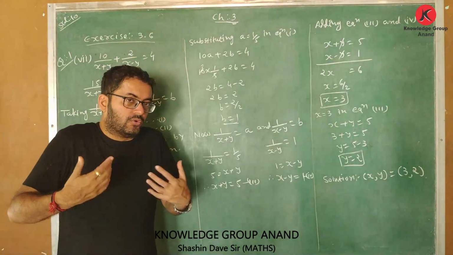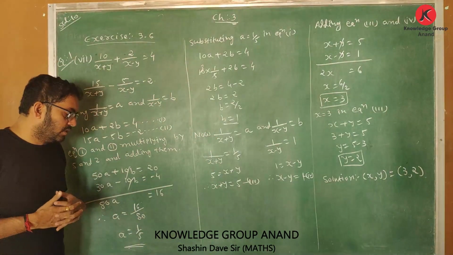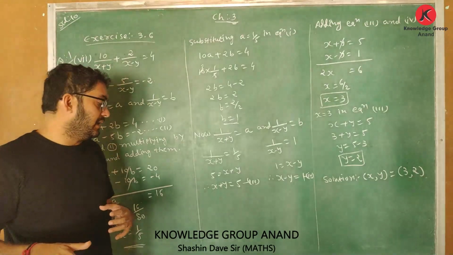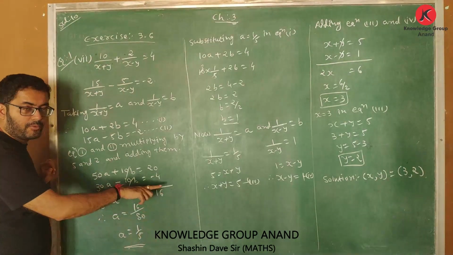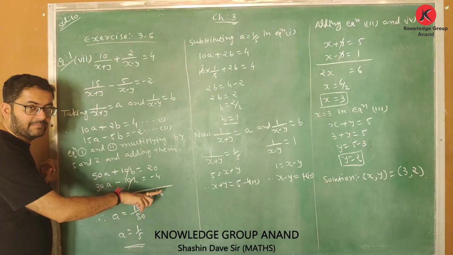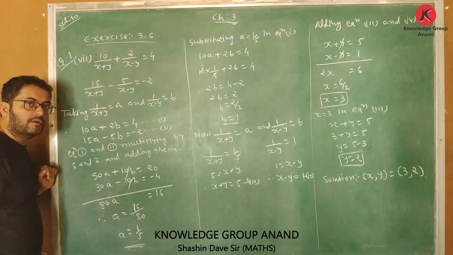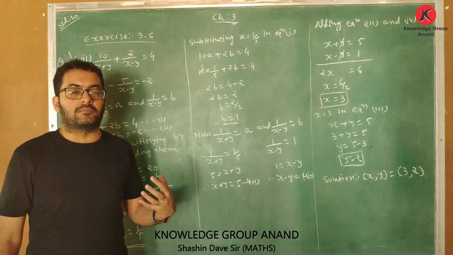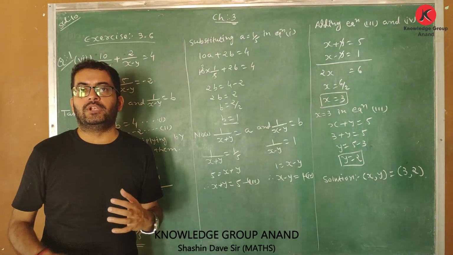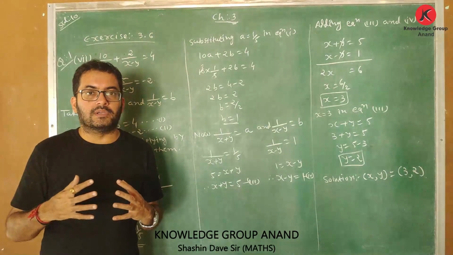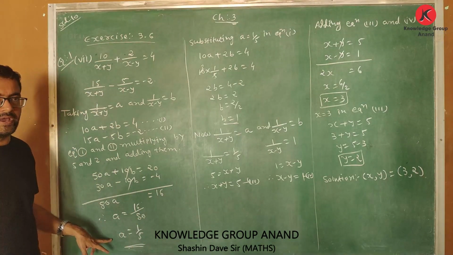Now if you know the table of 16, you will get excited. Okay, 16 5s are 80. So value of a is 5. But remember, over here the value is not 5. a will be equal to 16 upon 80. So when you take 16 upon 80, the value of a is not 5, but the value of a is 1 upon 5. This is the common place where most students make a mistake. So you need to be very careful. Don't solve the sums in a hurry. Okay, so the value of a came 1 upon 5.